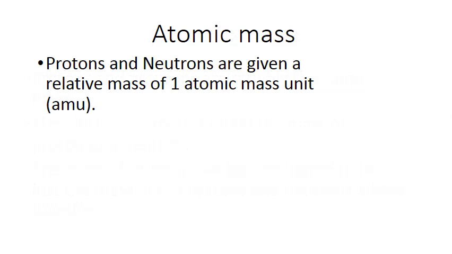So if we're looking at atomic mass, protons and neutrons are given a relative mass of 1 atomic mass unit, or AMU. And we use this atomic mass unit instead of using kilograms or grams, because then the numbers would just be silly. For example, if we wanted to measure what one neutron or one proton would weigh, it would weigh decimal